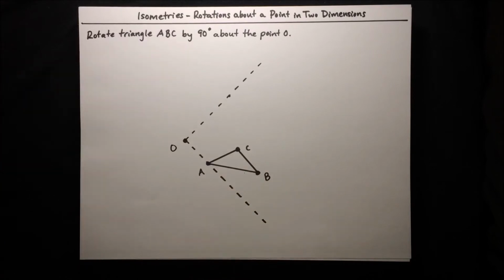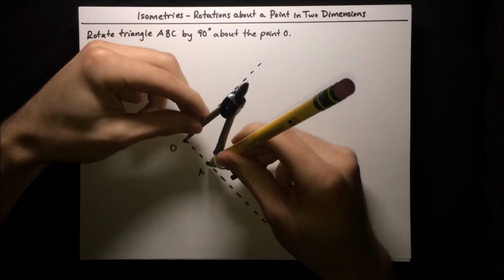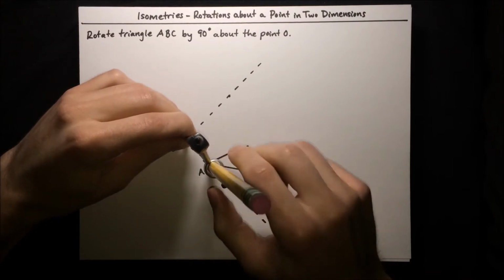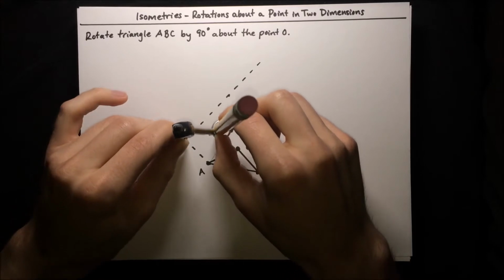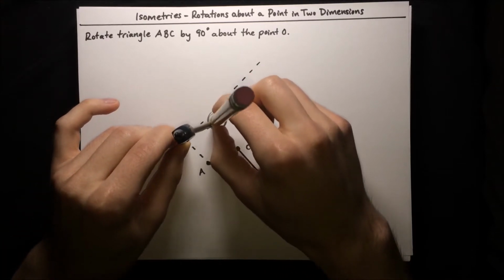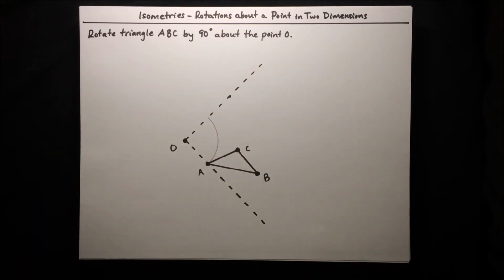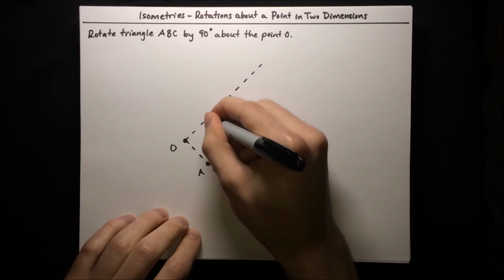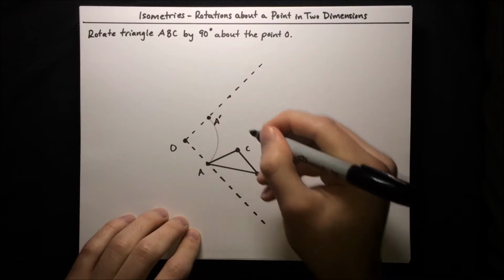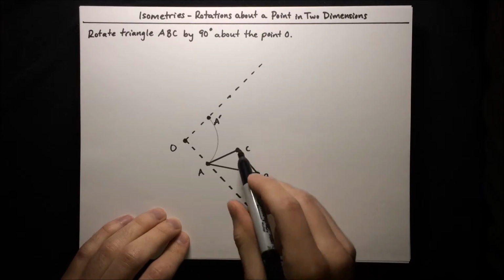And in order to do that, we can use a compass. So we've got a compass, and we'll go ahead and line that up with point A right here. And then we'll turn it until it hits the other side of the ray, the other side of the angle. And there we go. We see it hits right there. So we'll put another point right there. Let's call this A prime. And then we just need to go ahead and repeat that procedure for each of these other points, B and